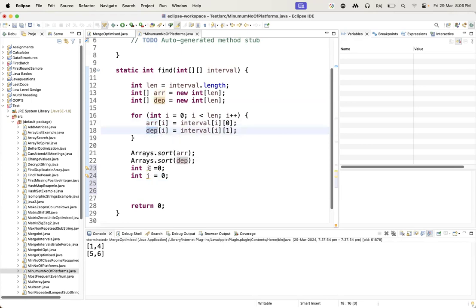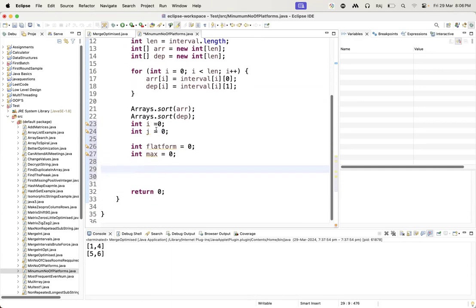For that one, I am taking two values, i and j. And what is the other thing I need here? I need platform equal to 0, and another thing I'm taking as max, because finally I need the maximum platforms. Now what we have to do here: i and j, I have taken two pointers to iterate through